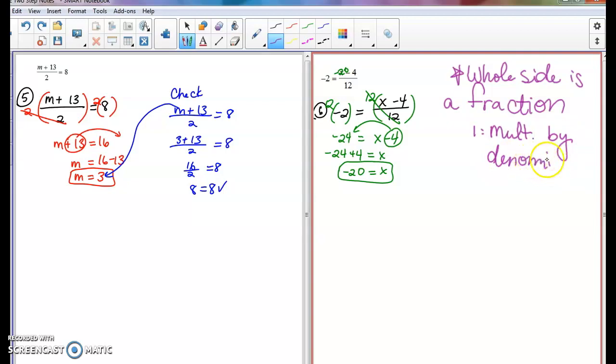Oh, my m got an extra hump there. There you go. And then the second step was to just solve for the variable by transposing,